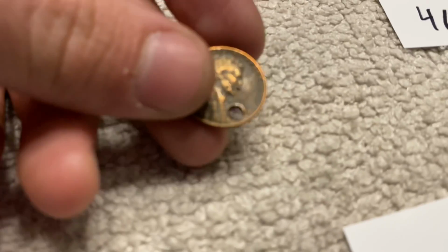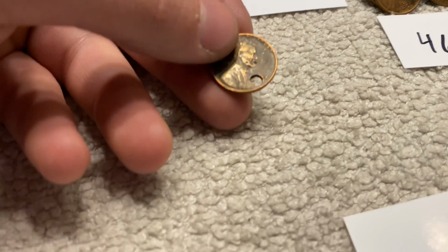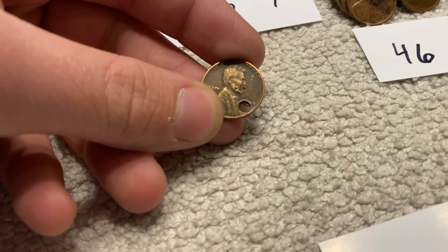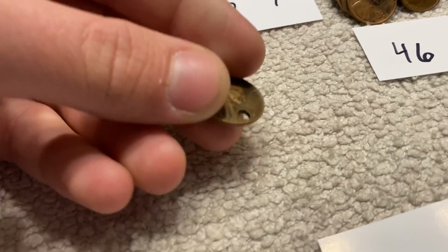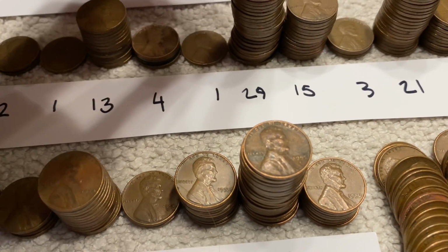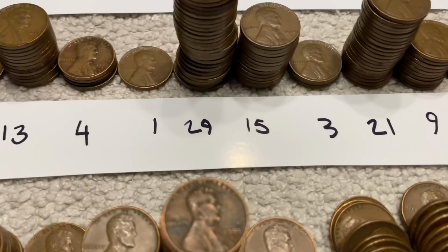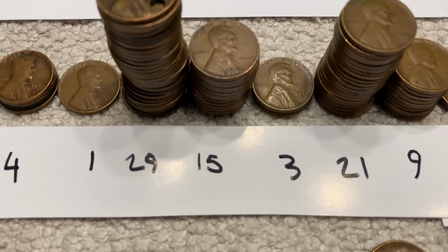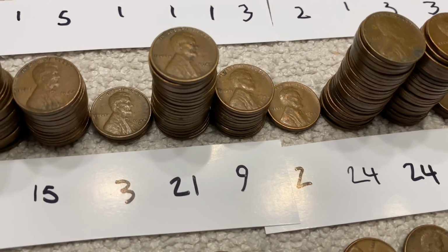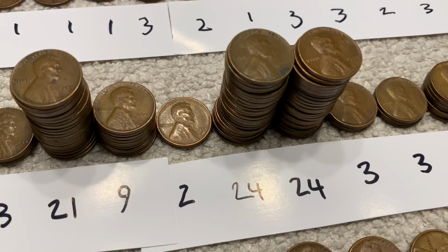I'm not actually sure that this is a 1944 Plain. Pretty sure it's a 1944, but I'm not going to be able to tell if that has a mint mark or not, since someone decided to drill a hole in it and make it into a necklace or something. So that was an interesting find. That was, I think, box 37. So pretty cool find. 15 1944 Denvers, 3 1944 San Franciscos, 21 1945 Plains, 9 1945 Denvers, 2 1945 San